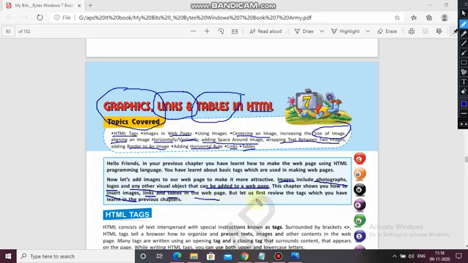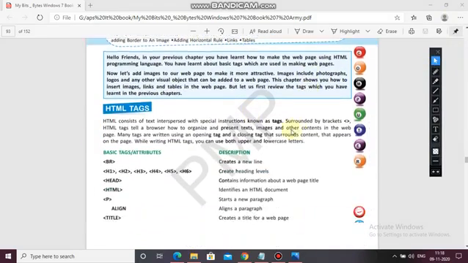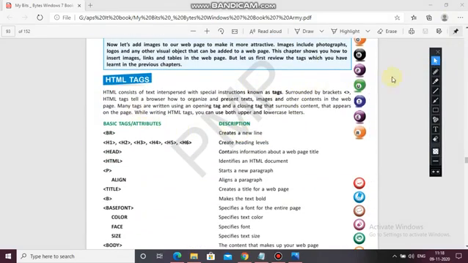But let us first review the tags which you have learned in the previous chapter. So let's see that. HTML tags. HTML is interspersed with special instructions known as tags. Interspersed means fitted with special instructions. Whatever the special instructions given, the text is fitted in between, known as tags.